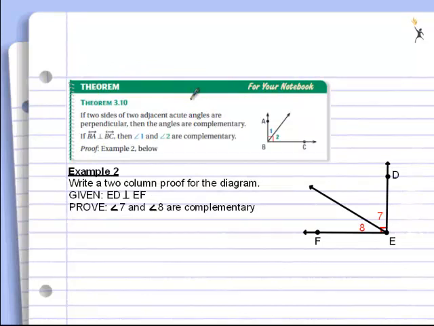The next theorem says that if two sides of two non-adjacent acute angles are perpendicular, then the angles are complementary. All that is saying is this, that if you have a right angle, and in that right angle you have two smaller angles, then the angles are complementary. Duh. Meaning if angle ABC